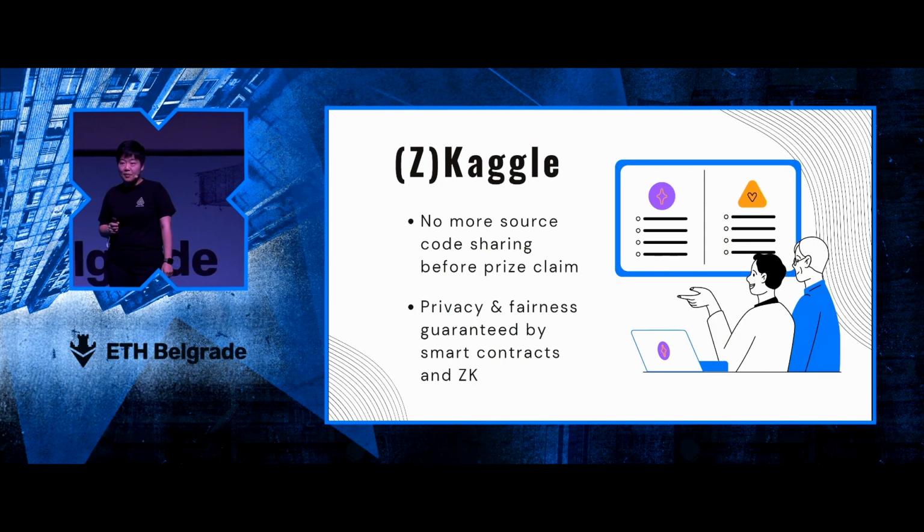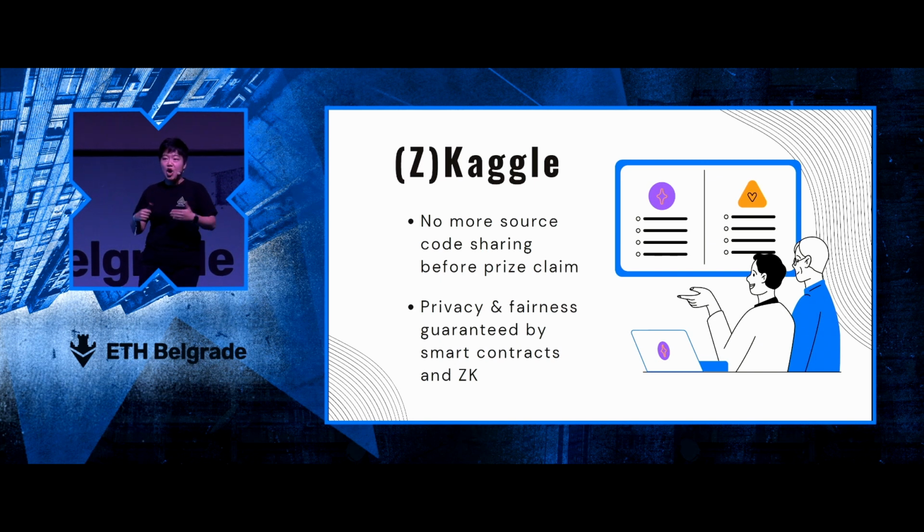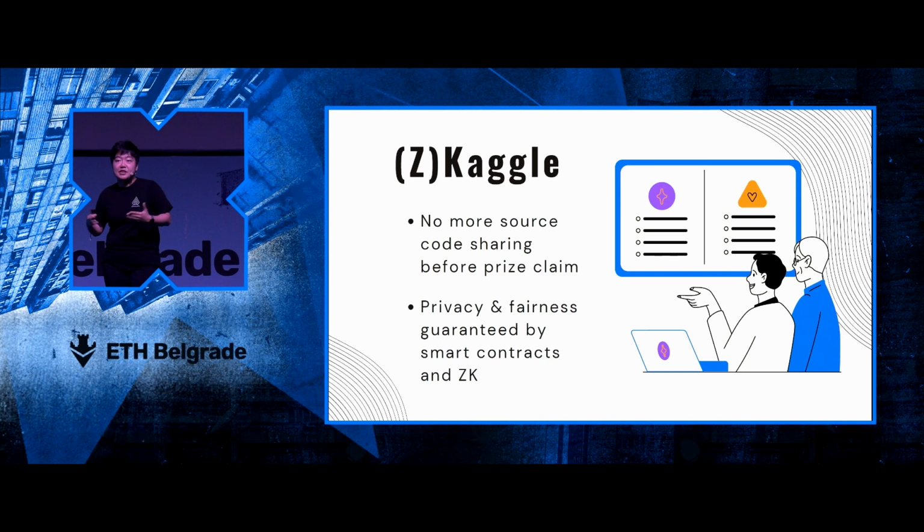So for example, a way you can think of it is we can have a ZK version of Kaggle. For those of you who don't know, Kaggle is a bounty platform where companies can post their hard problems and request submissions from the public to solve that problem. It could be a classification problem, then the metric would be accuracy. It could be a generative problem, then accuracy is something else. But the idea is there's a bunch of people in the public competing to submit their best model